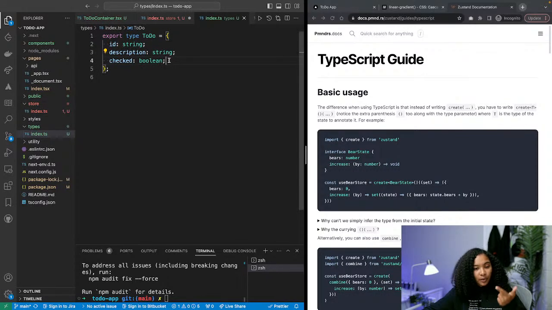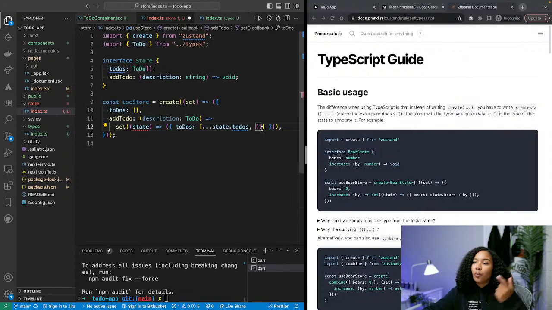So it's going to have an ID, a description, and a check state. And when we're adding this, we want to automatically generate an ID. The person who's adding a to-do is not thinking about the ID. So what we want to do here is generate the ID at this step. So we're going to do ID,